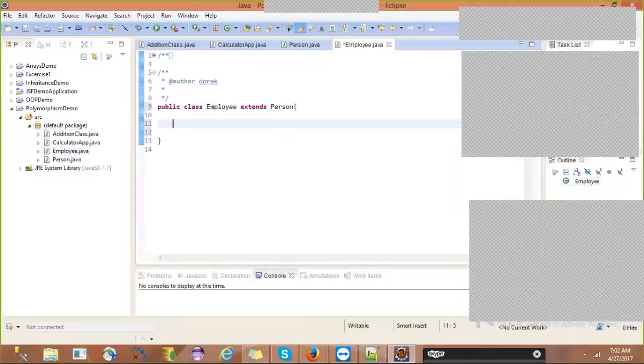In generic English, you can say employee is a person, but you can't say bus is a person. Why? Because bus is a vehicle, right? So that kind of common observation should be there whenever we are writing our classes.